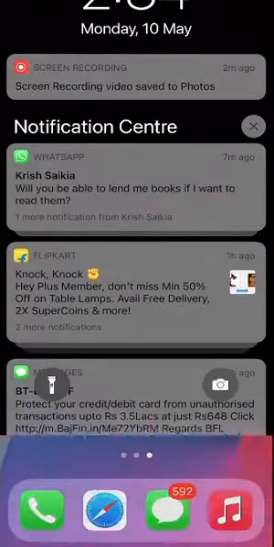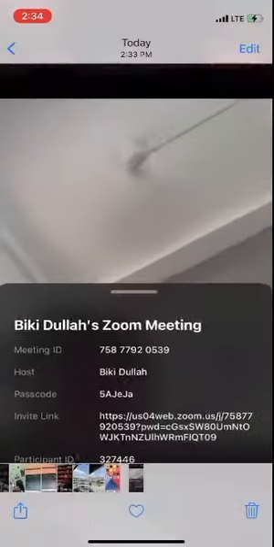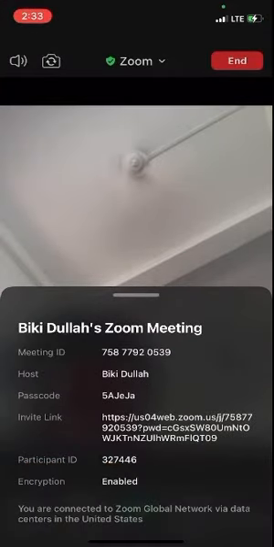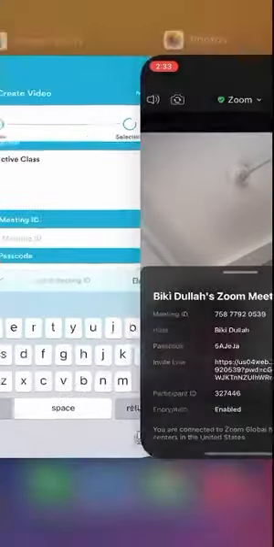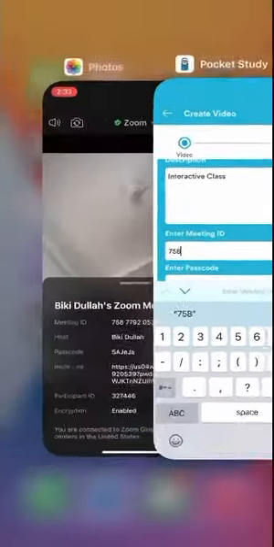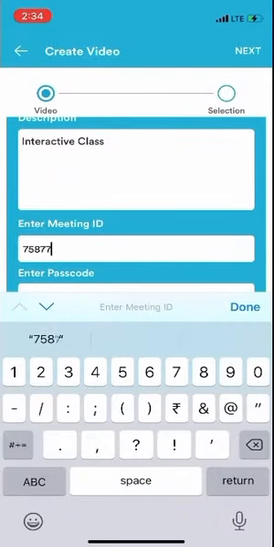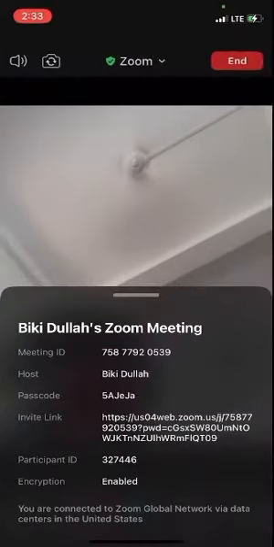Then we'll need that meeting ID and passcode, which we obtained through Zoom. So I had screenshotted it. So I'm just looking at the screenshot and copying the meeting ID and the passcode. You can write the meeting ID down in a copy or a notebook, then it will be easy for you.